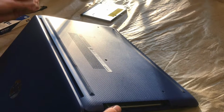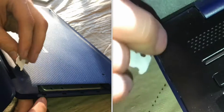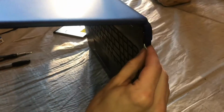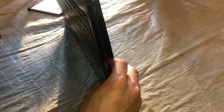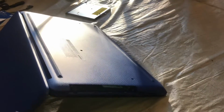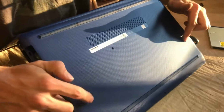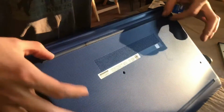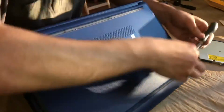And I like to use a thin piece of plastic to carefully wedge in underneath the bottom housing and separate it and disconnect those tabs all the way along. But the hardest part was finding the screws. Once you have the first 3 obvious screws, then you can get the 4 corners, and you must lift the rubber,